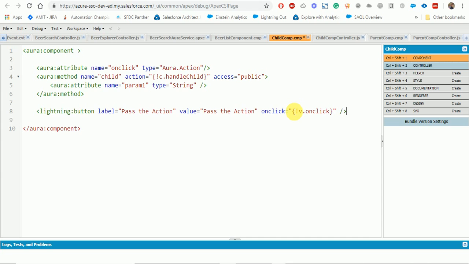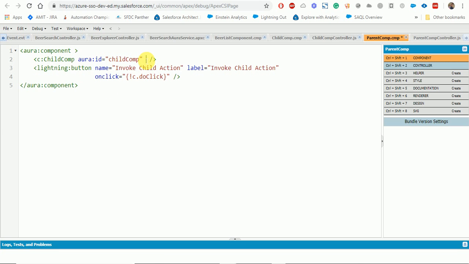So we will be passing an onclick event, and that is the event in the lightning button, and whatever the action we wanted to pass is the onclick attribute we defined here. Now in the parent component we will pass, as this is the attribute in the child component, we can pass the value using the name of the attribute. Inside the attribute we will do the same as doClick, or just say doHandle, so that we can differentiate.